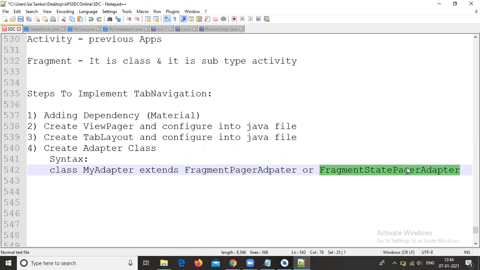The main difference is that FragmentPagerAdapter supports only static type of data, while FragmentStatePagerAdapter supports both static and dynamic. You already know the difference between static and dynamic.